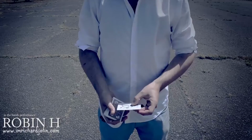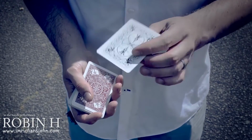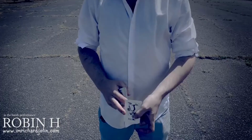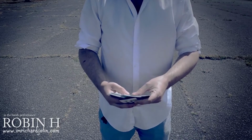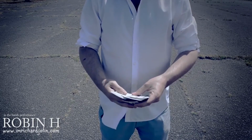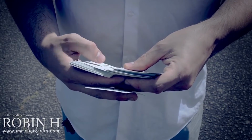Now the spectator, you, sir, madam, son, daughter, whoever you're performing to, is going to take the arrow card. And we're going to choose a card for you to find this time. So it's your turn to test your archery skills. Let's have a little go. What card should we make you pick? Or let you pick? Let's go with the...